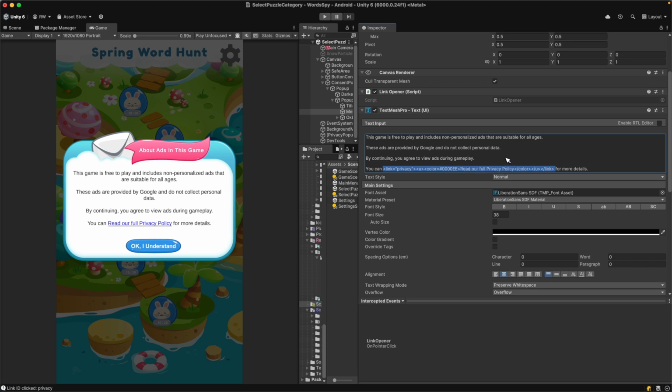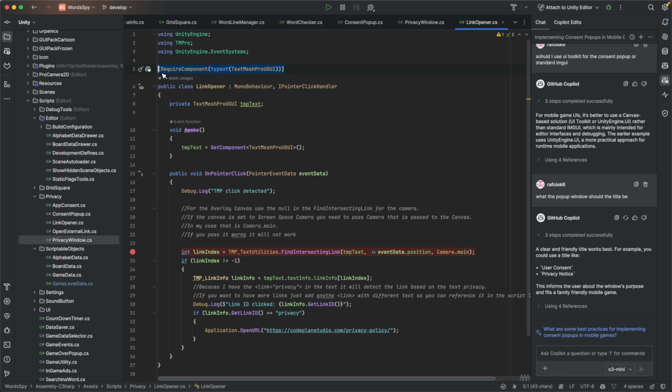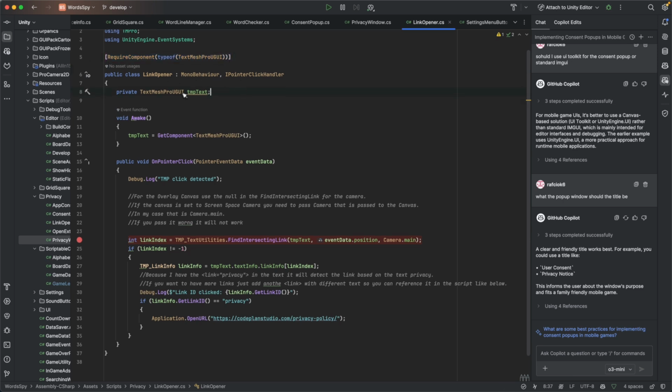This is where we're going to create our separate script. So we have the script called LinkOpener. If we go to the script, I will save you me typing. So first thing, I just included the RequireComponent TextMeshProUGUI, making sure the component exists on the object. And then in the Awake, I'm just caching the